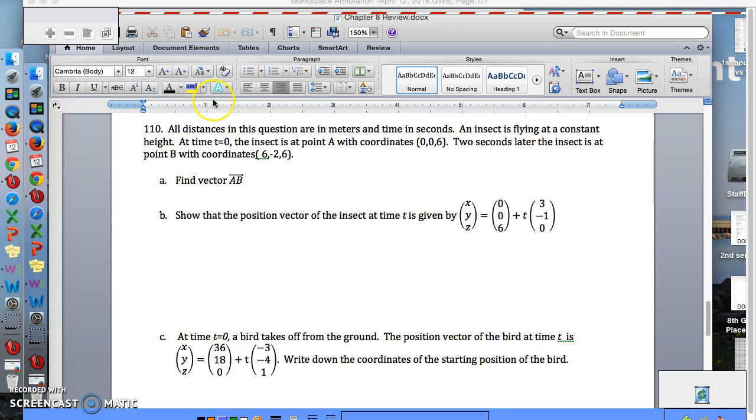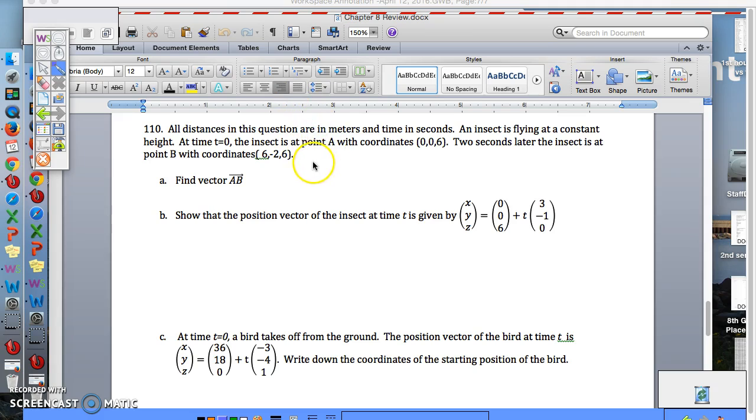Now this next one, number 10. Alright, here we go. Word problem. Let's see if we can figure out what's going on. All distances are in meters and time in seconds. An insect is flying at a constant height. At time 0, the insect intersects at point A with coordinates 0, 0, 6. 2 seconds later, the insect is at point B with coordinates 6,